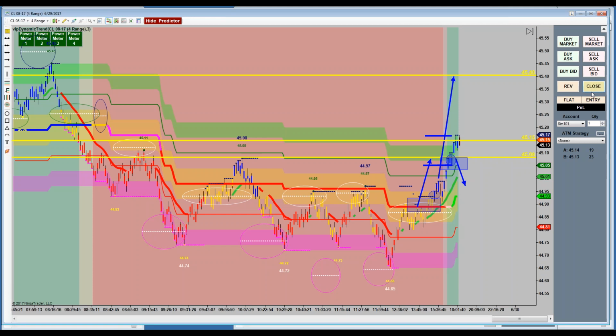Market's moving a few ticks against you. You're in a trade you're not comfortable with. You don't want to wait and see what the consequences are, whether it's a target or stop. If you want out, hit the close button and get out. Because why? You can always get right back in. You'll look for a better trade. You'll open yourself up. I always look at it this way.